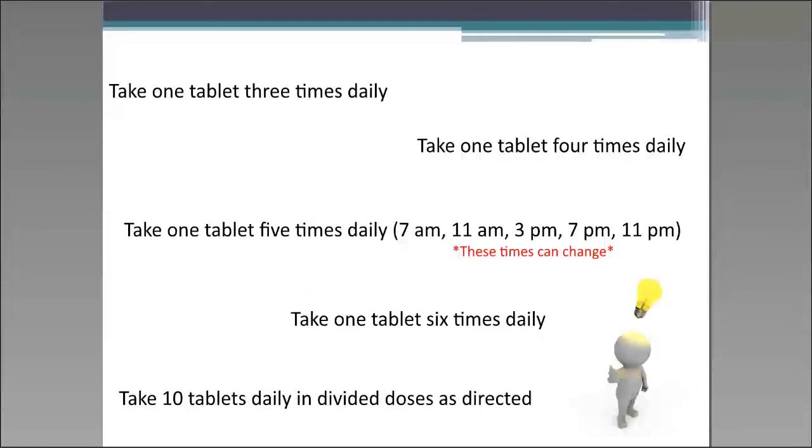So hopefully, going through this presentation now, you have a better understanding of what it means when you see the different instructions. When you see 1 tablet 3 times a day, it really is catered to you. 1 tablet 4 times a day, also catered to you. And in the case where it's 1 tablet 5 times a day, those times can change, right? It can change based on how your symptoms have changed, or it can change based on the fact that you're